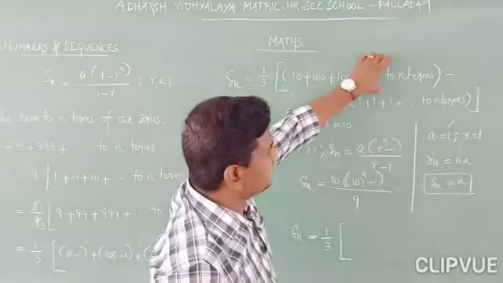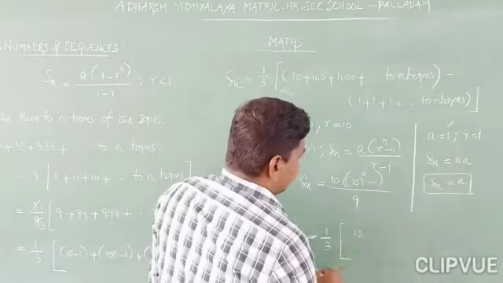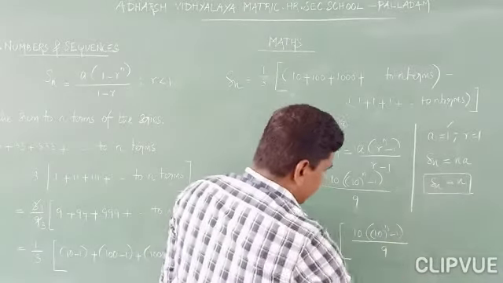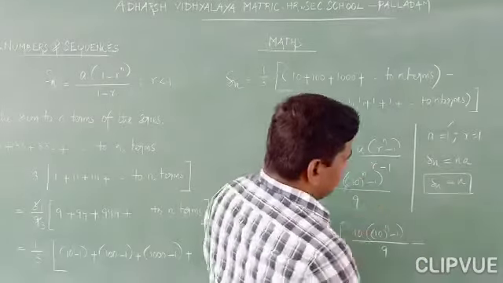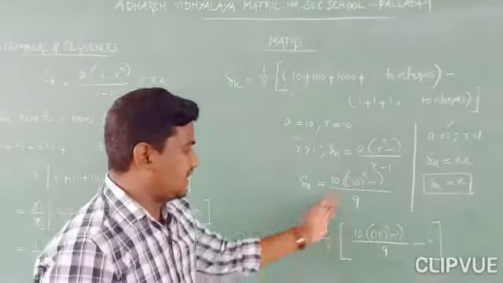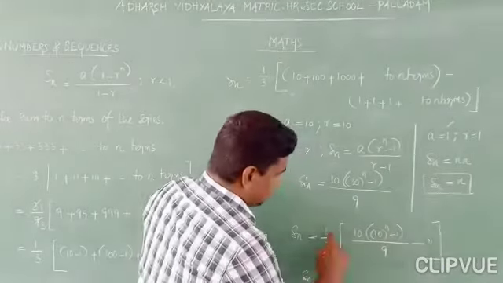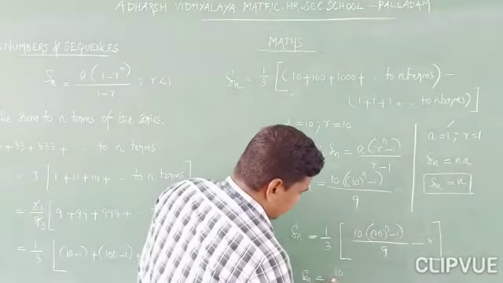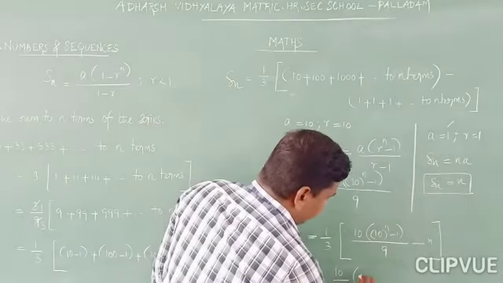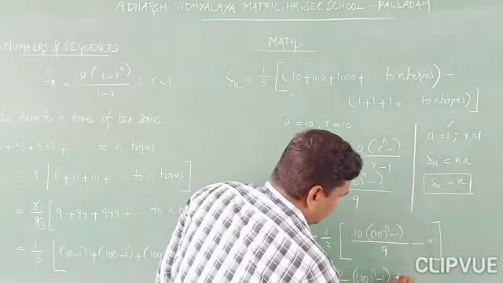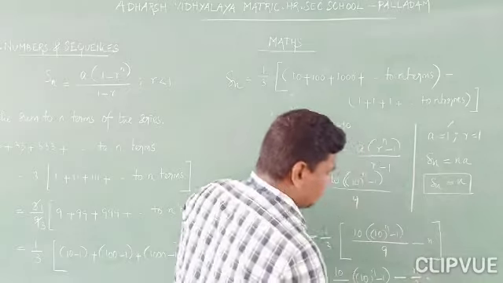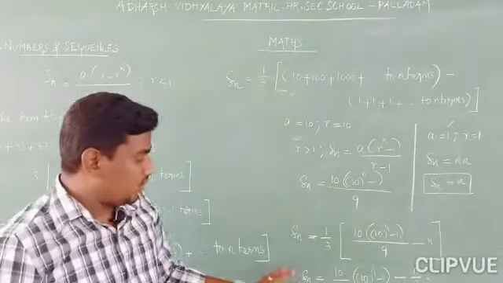The first series sum is equal to 10 into (10 power n minus 1) divided by 9, minus the second series sum, which is equal to n. You can write it up to this, or you can multiply them. If you multiply by 1 by 3, that means 1 into 10, 3 into 9, 27 into 10 power n minus 1, minus 1 by 3 into n, or n by 3. This is the required answer. I hope you all understand.